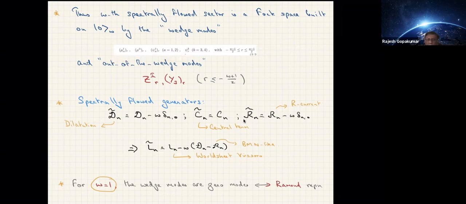And so to answer the question about how the generators in the space-time are changed by the spectral flow, I've just illustrated with some of the important ones. So the dilatation generator gets shifted by W. For the R current, you can choose a specific combination of all the Cartan generators. When you do the spectral flow, you have to pick out one of the directions of the R current in the SU(4), and that particular R current shifts in this way. The central term, which was important, remains unchanged,